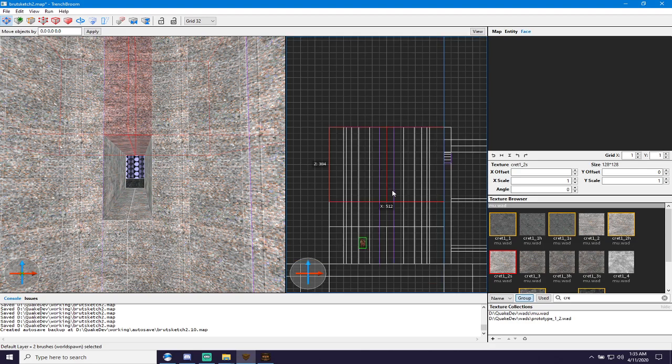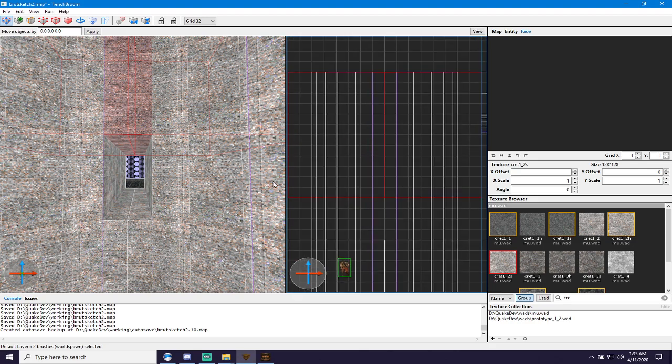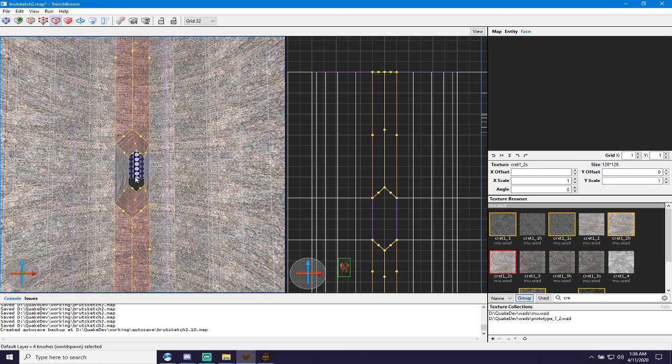I mean, just to get a look at the whole thing. We can do a diamond shape instead of a